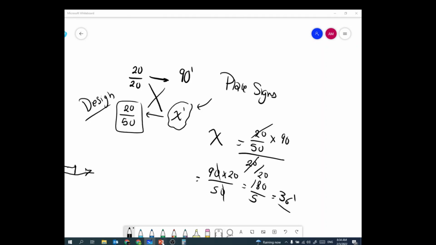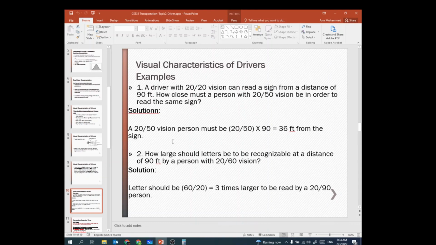Let's do another question. A 20/50 vision person must be at